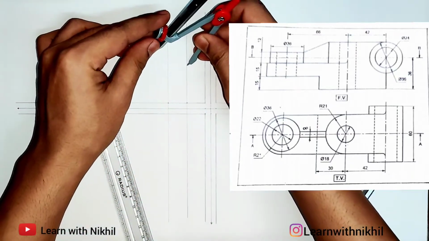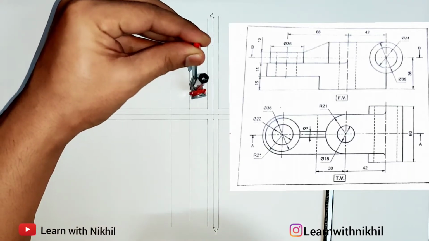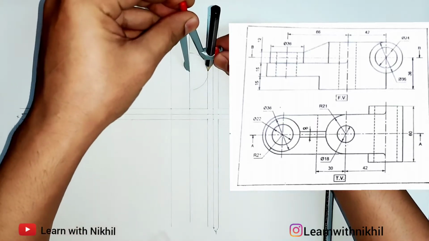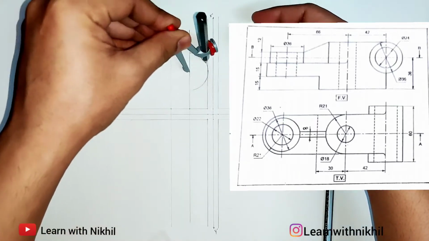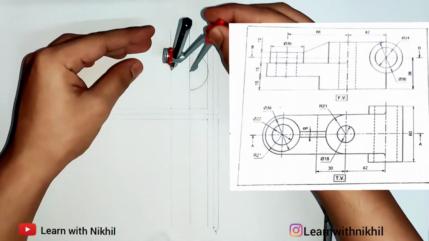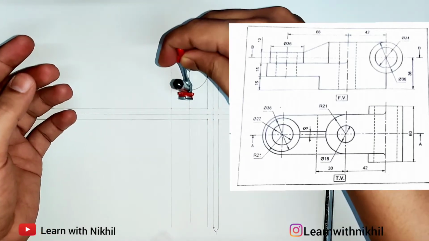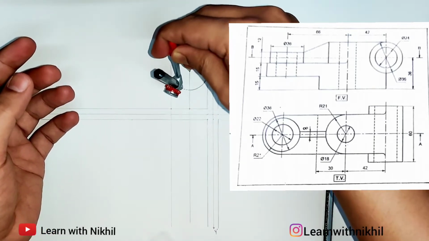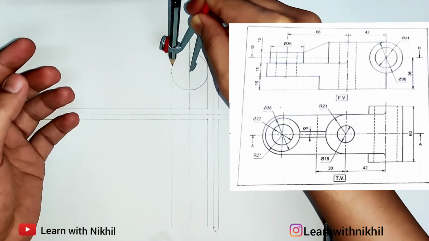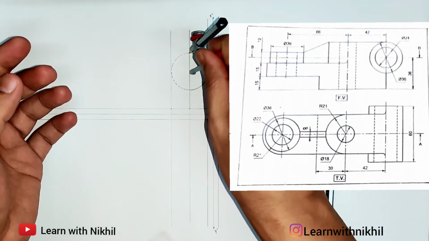Through these points, we will draw two circles, one circle with the outer diameter of 36. So the radius is 18. As this is sectional, this part will be visible and the other part of the circle I will draw dotted. As after the section from the top view, you can see after the section from AA, this part goes back. So this is hidden. So I am drawing it dotted.